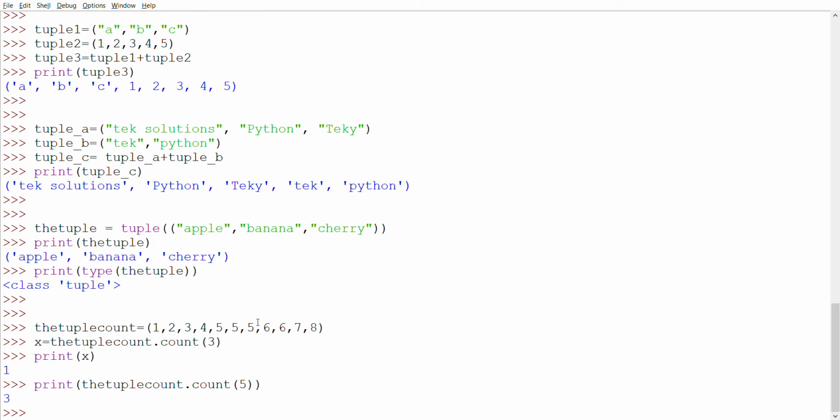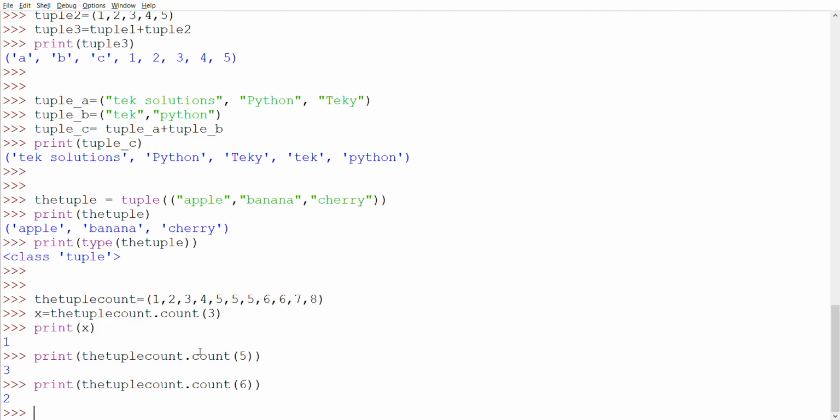Okay, 5 occurs 3 times here. Now if we go with the same example with 6, it will print 2, because 6 occurs two times. Okay, I think this is clear now.